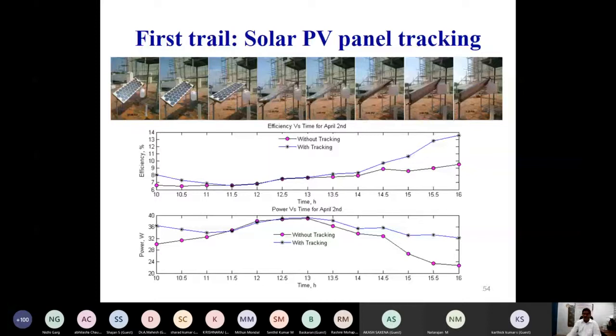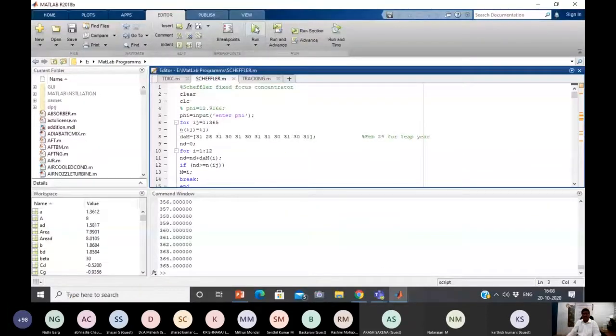After that, in the second attempt, at the second level, a linear concentrating collector was integrated with the solar PV panel. I will show the workings of this linear solar concentrating collector and how it runs with reference to this mathematical model. First, I am explaining the working of the mathematical model. Again, I am collecting the 30 degrees here. I am supplying. Sorry, this is different.